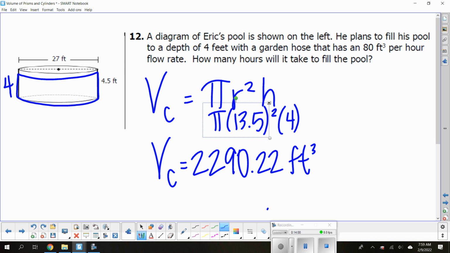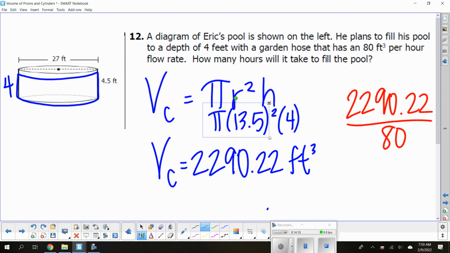So I'm looking at that and I say, okay, well, that's my volume and it's going to fill 80 feet cubed per hour. So to figure out the fill time, I'm going to take that volume and divide it by how much it pulls in at a time. So dividing it by 80, so we get approximately